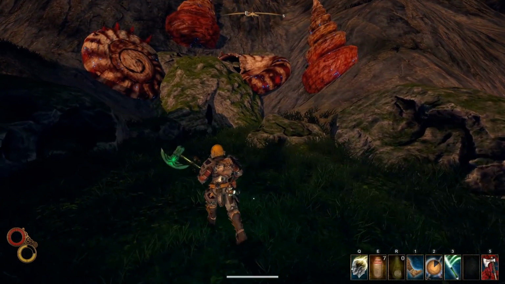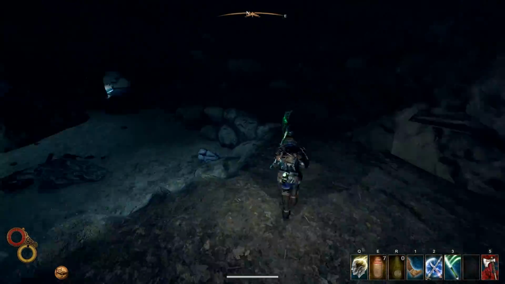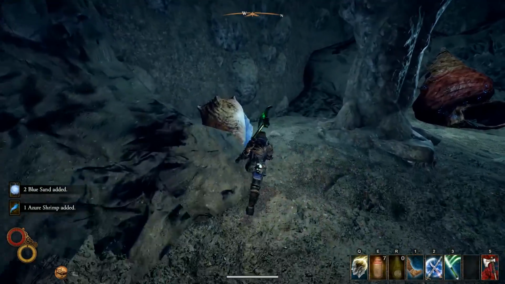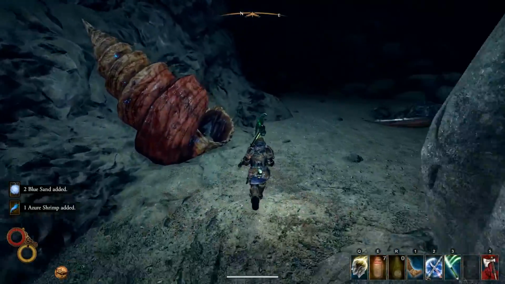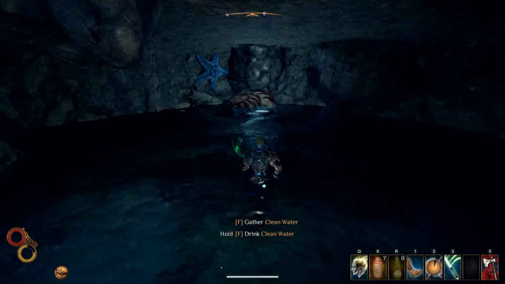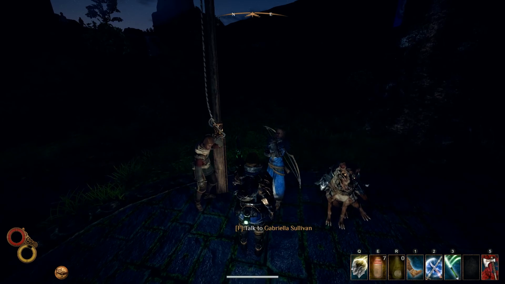That should be close to midnight, and once you enter you will see that the water disappeared. Be sure to pick up all the blue sand that you can find here because you might need it if you decide to do an optional quest. Proceed deeper in the cave and you will find Roland, but be ready to fight one mantis shrimp here. Once you talk to Roland, go back to Gabriella and she will give you the quest to kill Green Horror